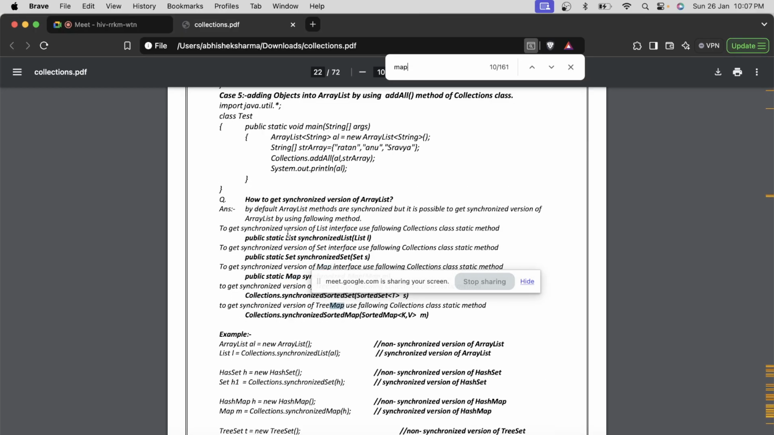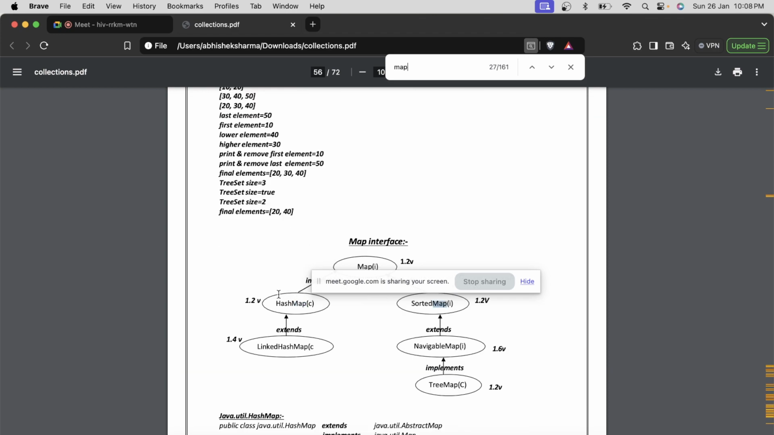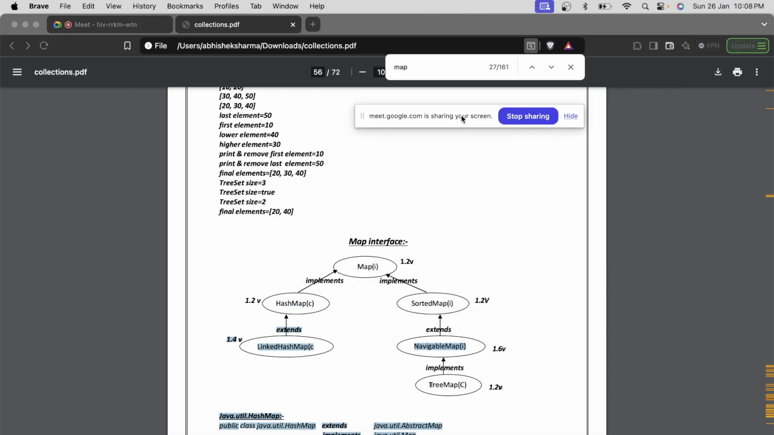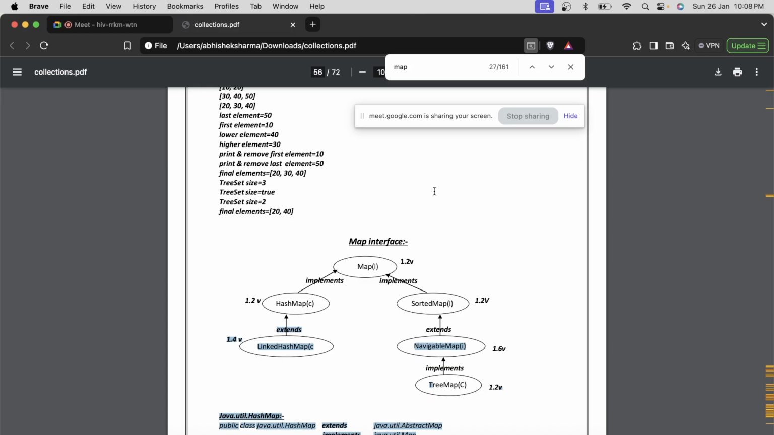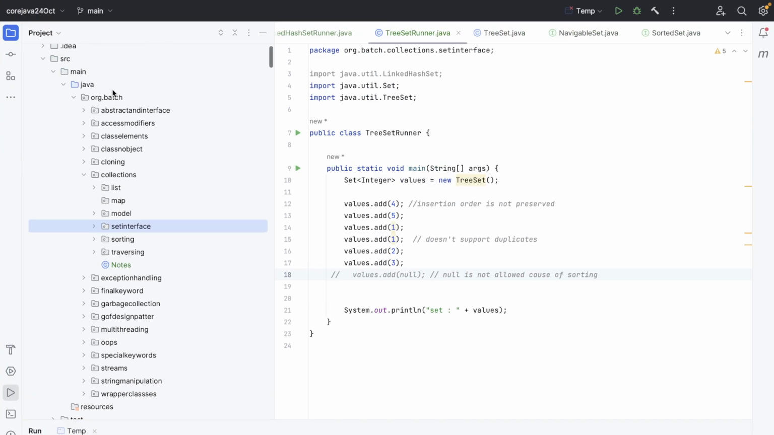Okay, so map, like list, also have 3 classes, and it has the same name also: hash map, linked hash map, and tree map. It will have exactly the same implementation, same thing that we have seen in the set, because set is using map itself internally. So now if we go in the map,